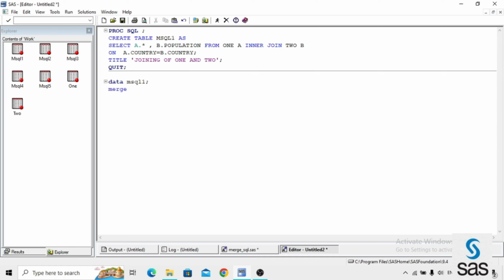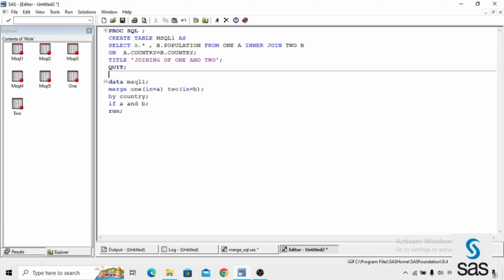Here the first data set is 1, and in the bracket IN equals A, 2 IN equals B. Now on A.country equals B.country, what does it mean? BY country. And one more thing, inner join. What is an inner join? Nothing but if A and B, and run.